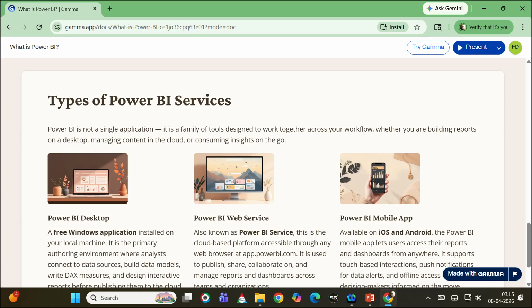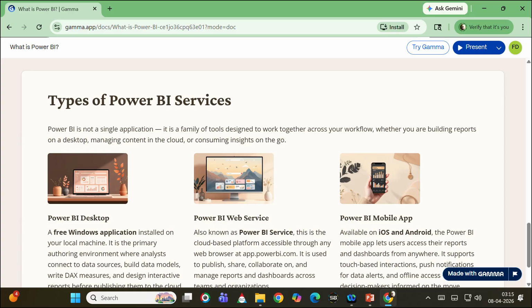And the second version is, it is available as a website. Okay, and using the web server, you can easily connect with the data source, analyze, visualize, and you can share your data, or if you want to collaborate on different data sources, that is also possible with the Power BI website.